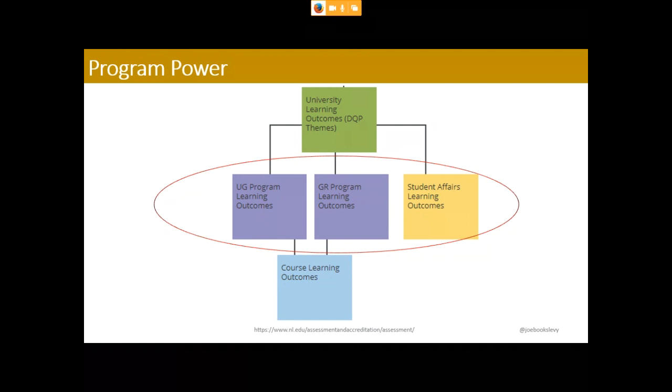But there's power here. And for us, again, looking at our framework, this is our lever. This is the thing we build almost all of our assessment off of, because at the program level, you can then drill down to individual courses, but also at the program level, you can then roll it up to the university level and have that connection. And so for us, this is our level. There's a lot of power there, and that's a big common identifier between the university level as well as the course level. And it's usually with faculty, especially our program leaders, who are the ones that are more of our active assessment group. That's their mindset, is at the program level. So we're trying to capitalize off of that.